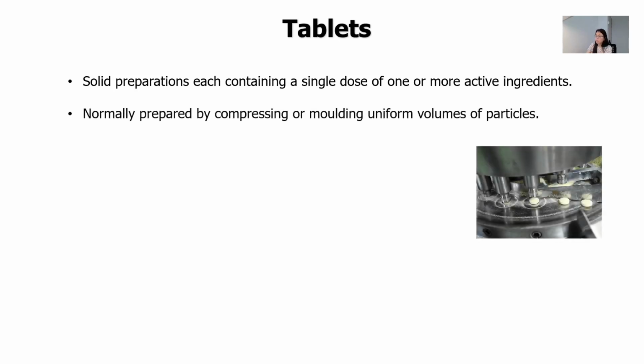So tablets are normally prepared or manufactured by compressing or molding uniform volumes of the powder particles together. As you can see in the picture here, when the machine compresses the powder particles, it will form tablets. Tablets can be sugar coated, film coated, or enteric coated. Enteric coating is basically a special type of layer that is applied on the external surface of tablets,